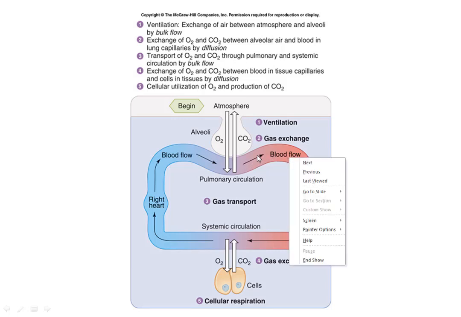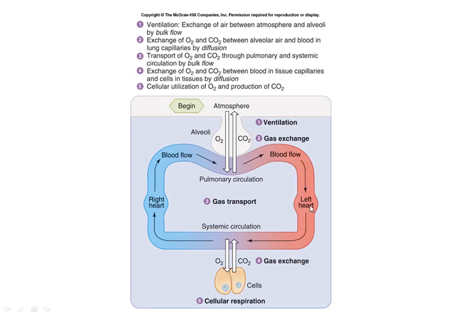Oxygen is transported by the arterial blood from the lungs to the left atrium, then to the ventricle, to the aorta, branches of the aorta, to the tissues of the body, to the cells of the body. Then you have another exchange process taking place at the level of the tissues. The tissues take up oxygen from blood and give blood carbon dioxide. Now blood becomes venous blood or deoxygenated blood, returning back to the heart, to the right atrium, right ventricle, and then the right ventricle pumps this blood into the pulmonary capillaries.